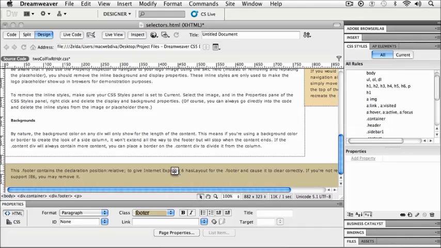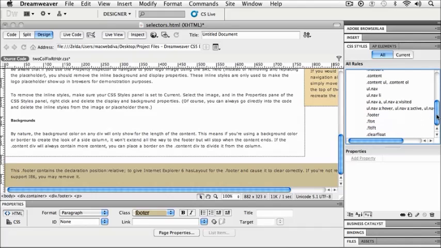This is basically complementary to the rest of the page. I want people to take a look at it, but it is not as important as the rest of the text on my page, so it's not going to be as large. So if I scroll down here to see where my footer is at, and then I'm going to click my cursor in my page again, always taking a look at the order in which these things are in my tags